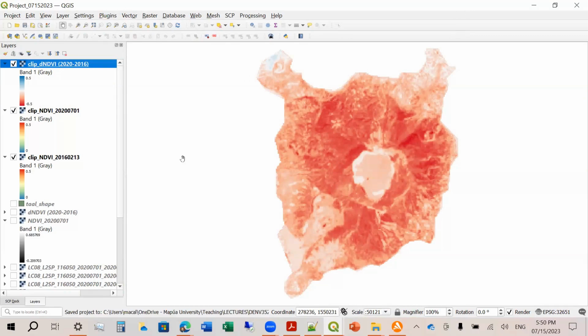Then you can do this for succeeding data. So let's say you want to get another set of data for, let's say, 2021. Okay, and then you compute the NDVI for 2021 again, and then you can check the difference between 2021 and 2020, and you will see how it changes over time.